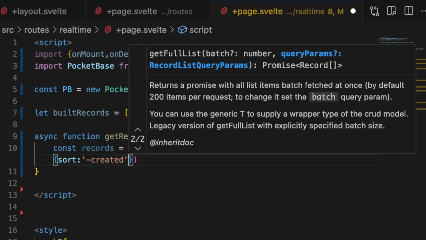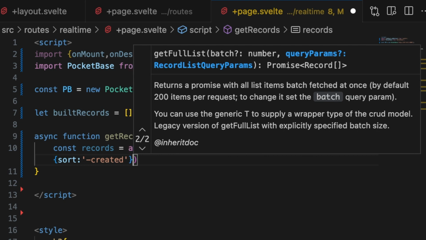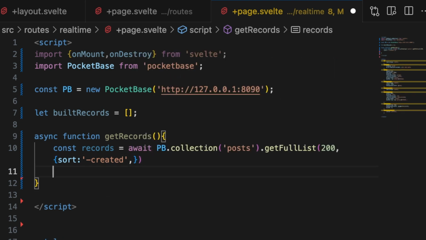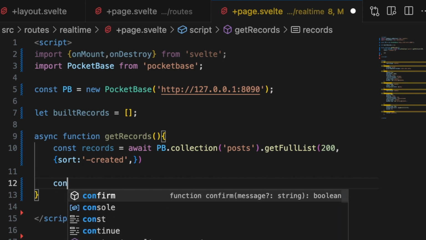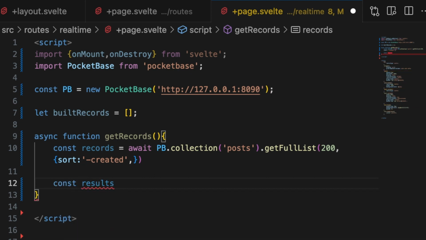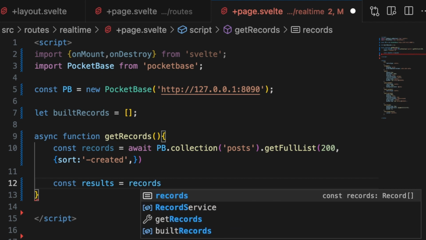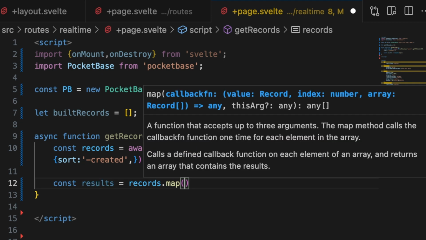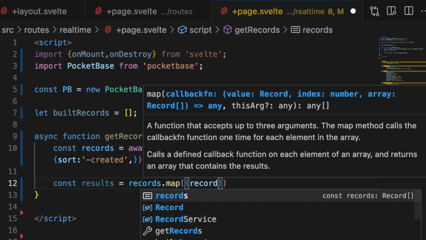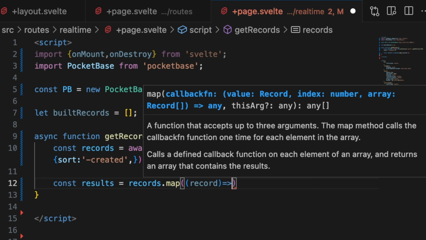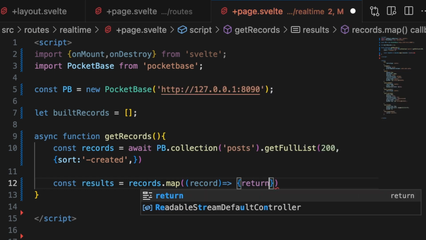That doesn't really matter. If you were implementing this and you only wanted posts by a certain user, you could add a filter in here as well if you needed to. And after we have the records, then what we want to do is assign const results. We want to convert these from a list of records to a list of built records. This is going to be a .map where we take each record and we're going to build an object out of it. So return